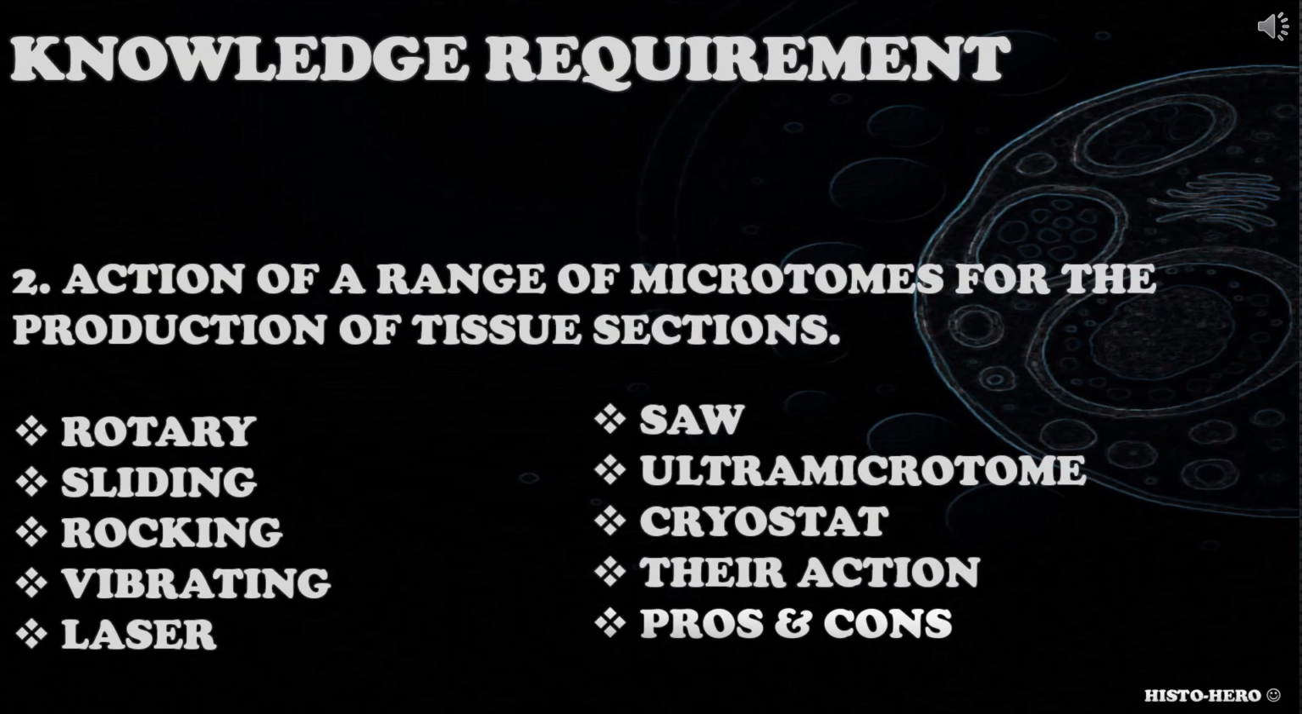The second knowledge requirement is action of a range of microtomes for the production of tissue sections. Candidate needs to have the knowledge and understanding about the action of various microtome types. You could ask the candidate to name the types of microtomes that can be used in histology for tissue sections, to explain how they work, if they can be used on any tissue type, what their pros and cons are